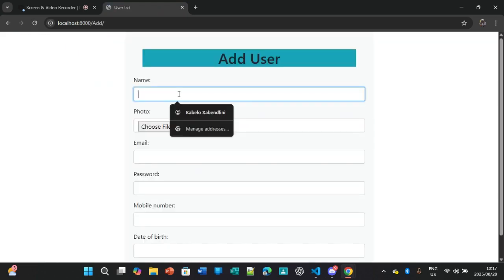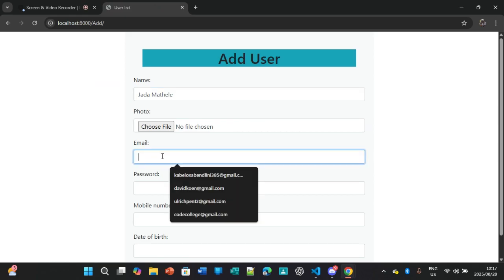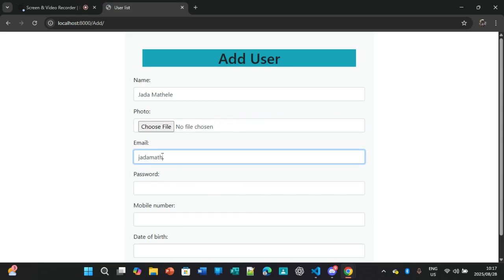So I'm going to add Jada, right? And then surname. Mathele. Sorry. Right, okay. And then at gmail.com. Password